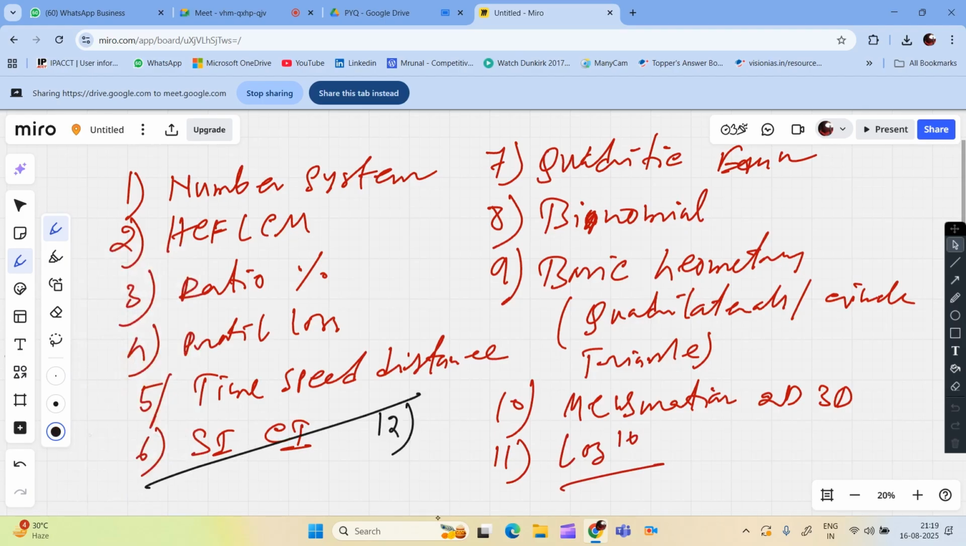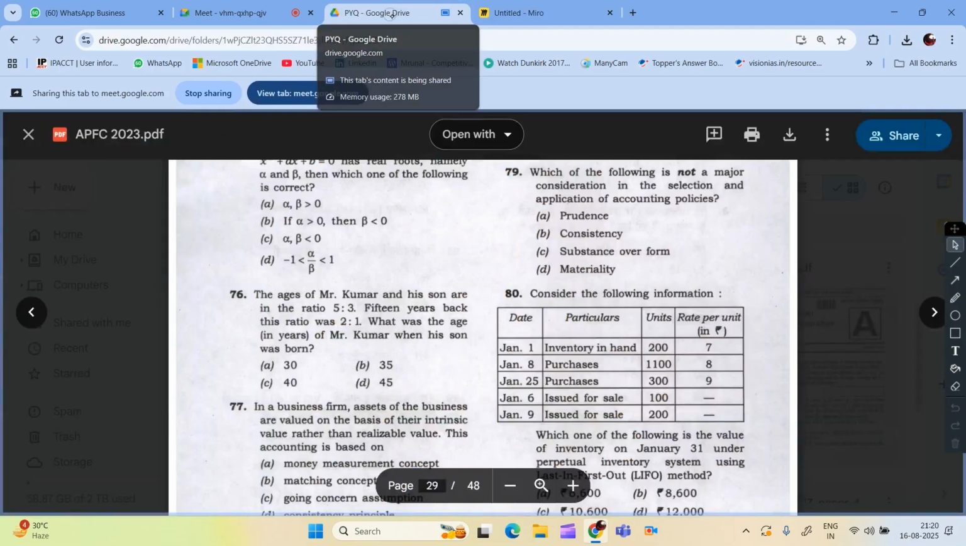Statistics, probability, and permutation combination. Basic stat, basic probability, and permutation combination. Now what happened here, they might ask, let us look at this question. If you think that last year they have